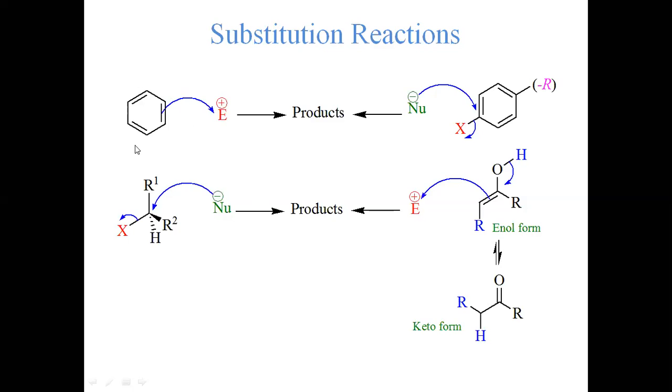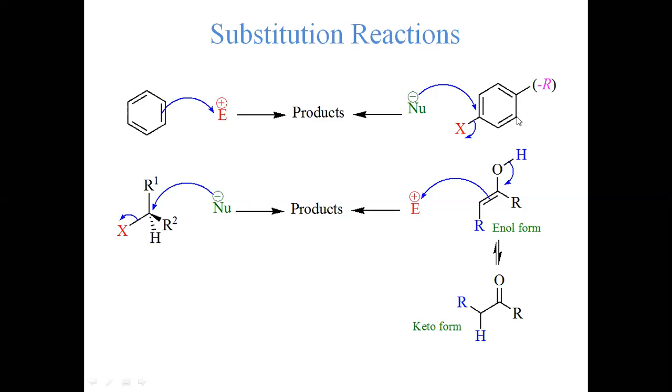But let's say due to some reason we make this system electron deficient. Let's say I have attached an electron withdrawing group, a minus R group, at the ortho or para position of this. If we have this group,